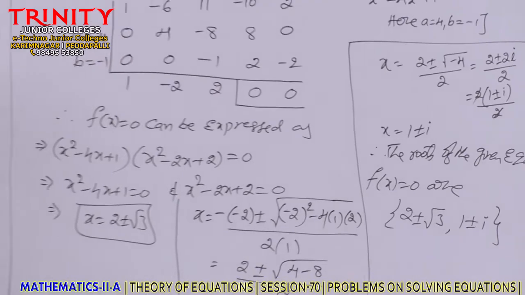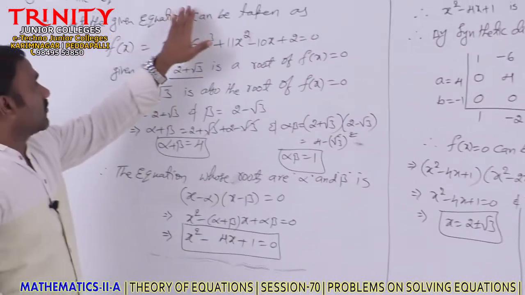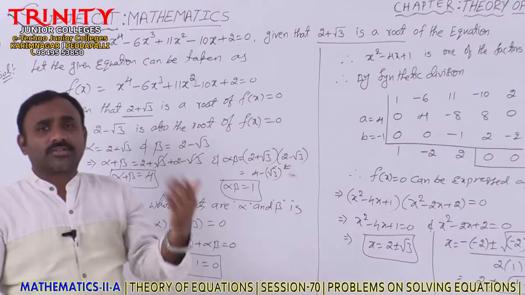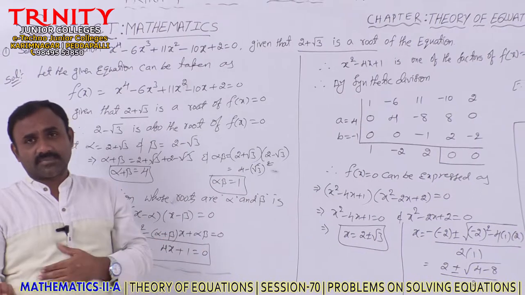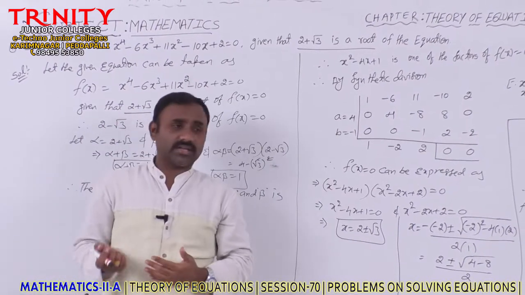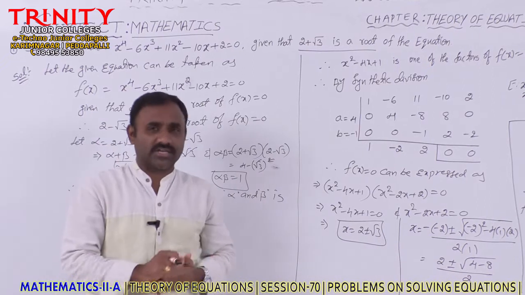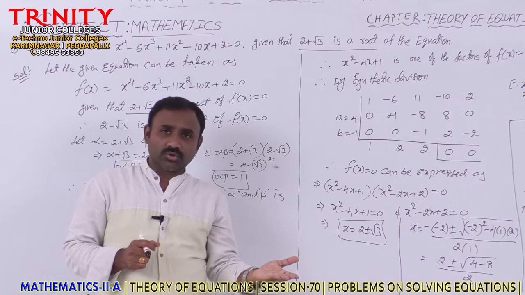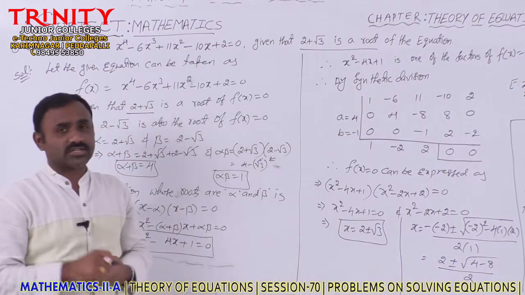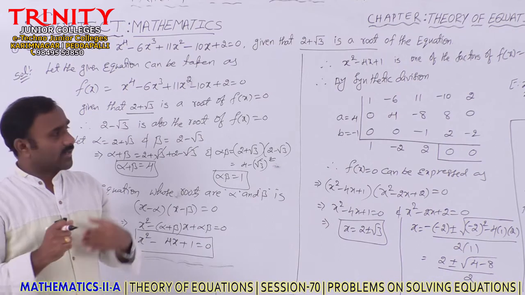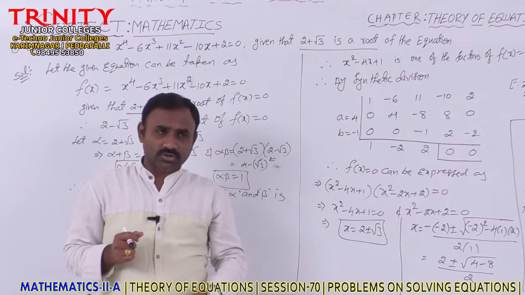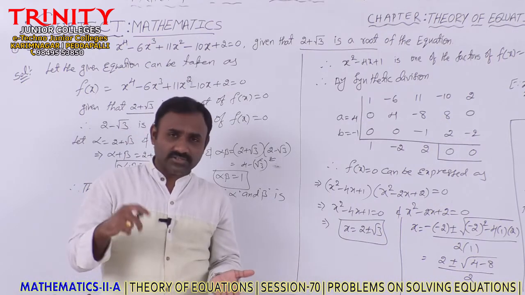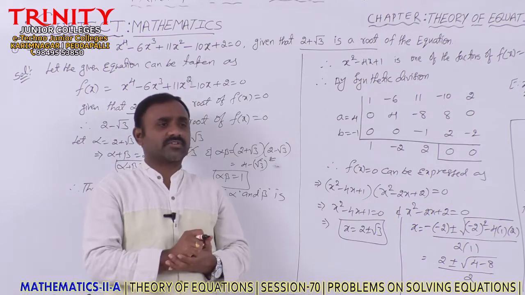See, what is the main thing in this problem is to solve this biquadratic equation. He gave only one root. In previous classes, if the roots are in AP, then we have taken a minus d, a plus d as the roots. If the roots are in GP, then we have taken a by r, ar as the roots. If the roots are in HP, then we have changed the equation x by 1 by x. Then the roots come into AP, then we consider the roots a minus d, a plus d. And whenever the product of the roots is given, or one of the roots is given, or if one root is equal to half the sum of the remaining two roots, according to that condition, we did the problems.